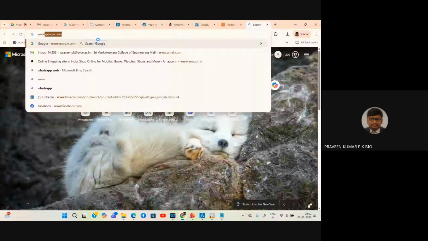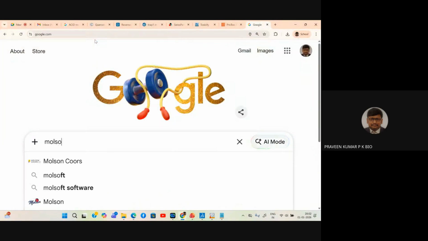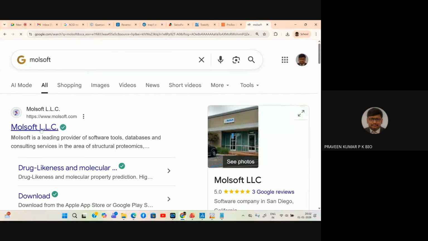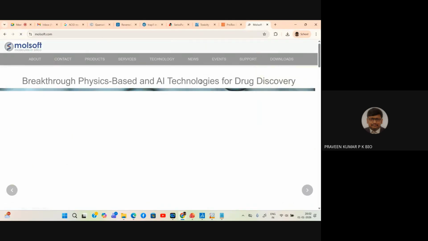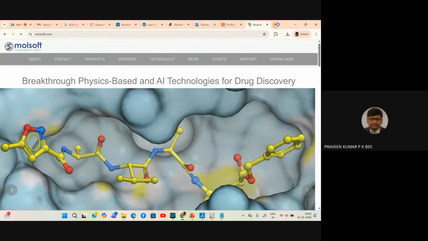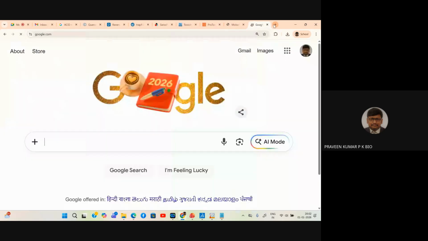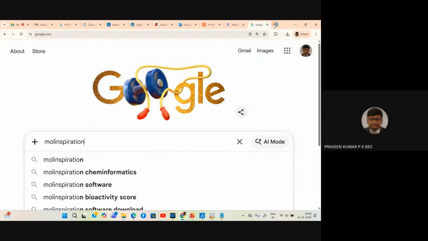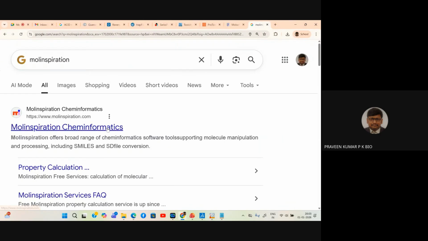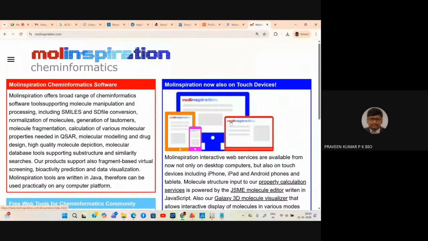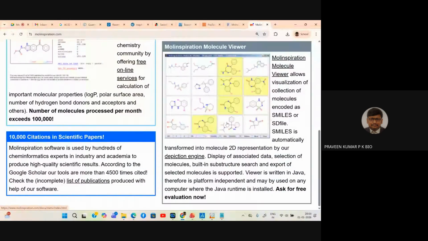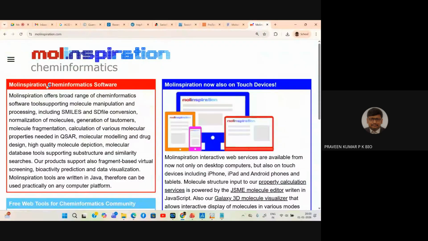I told you how to assess, and one more tool is there: Molsoft and Molinspiration. Using this, we can also assess the drug likeness values. Molinspiration is of course a chemoinformatics tool. You have to go to the tool, and where is my option? So here also you can evaluate